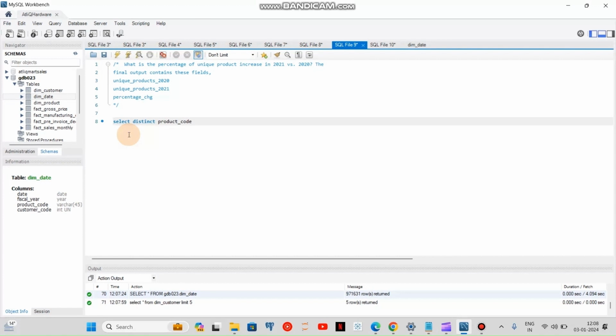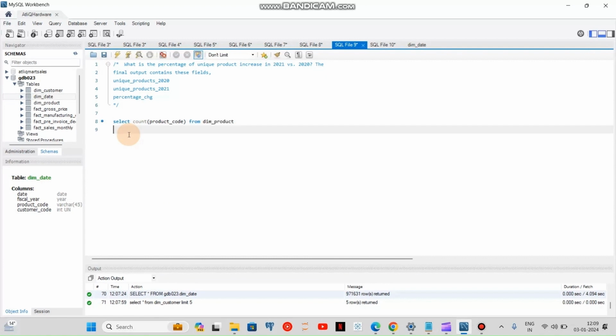So my one single product can have distinct product codes. So to calculate the total distinct products, I'll count product code, I'm sorry, count product code instead of products, from my dim product table,